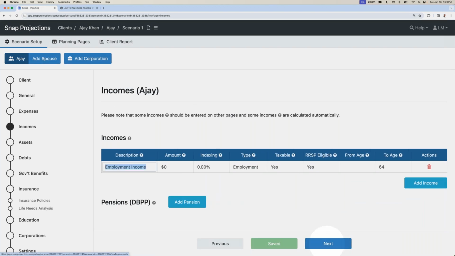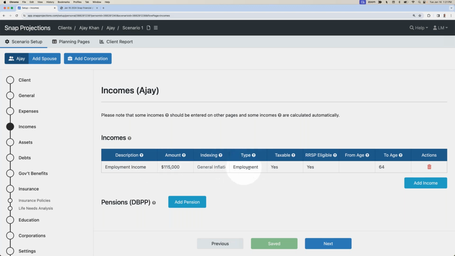I'll click next and go to incomes, where I can enter in AJ's base salary of $115,000. I can index this at any given rate, or I can delete the value and index that at the general inflation rate. Now you'll see for this first plan that we're creating, I'm only using information that I already have on file for my client based off of our investment management relationship. So anything that you already have on hand or that's immediately accessible to the client, you can input that base data without needing to include everything that the client ultimately has.